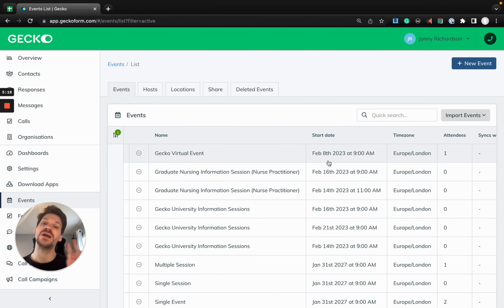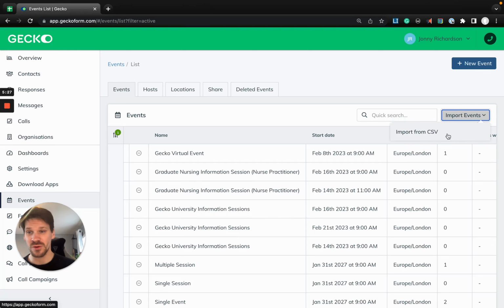There are two different ways to create events in Gecko, one of which we're going to go into in a great deal of detail, which is manually building them, but you can also choose to import these from a CSV file. Again, there's a link down below to teach you all about how to do that if that's a preferred method of yours. All of the calls to action in Gecko are in the top right hand corner,